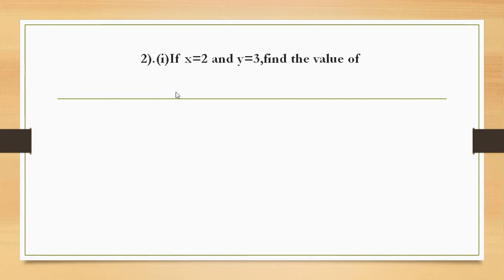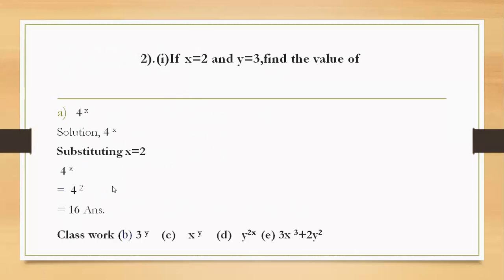Here, in question number 2, the given values we have to substitute in this question. x value is 2, y value is 3 given there. And now write the question, then put the value of x there. x power 4 power x, and x value is 2, 4 square means 16. And similarly, we can put x value here, then y value. Y value is given here, then put y value here, 3 power 3, then 3 into 3 into 3, then value will come. x power y means what? x will be 2 and power 3. 2 cube means it will come 8.